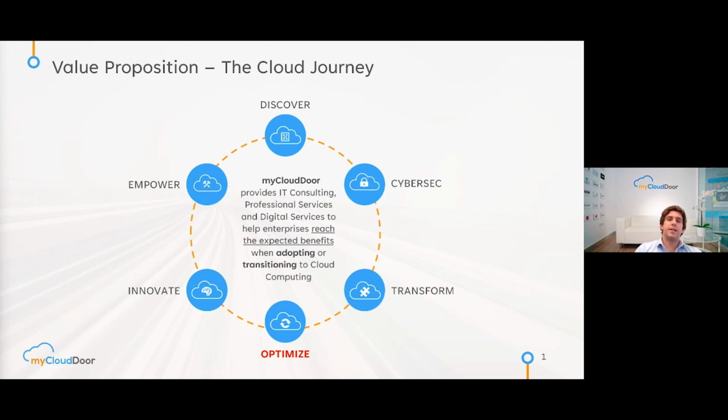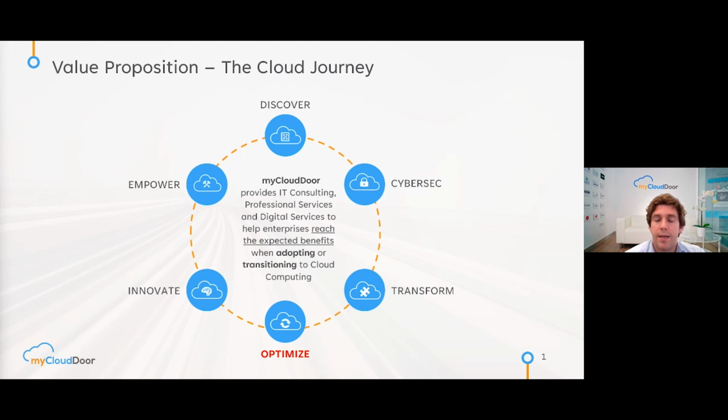Before going into the details, I just want to make a quick introduction about myCloudDoor, our company. We provide IT consulting services and professional services to help our customers through the whole cloud journey. We help them through the different phases: discovery, where we apply cloud consulting services; cybersecurity for protecting cloud and on-premises workloads; transformation phase, where we help our customers to migrate or implement new applications and platforms in the cloud;